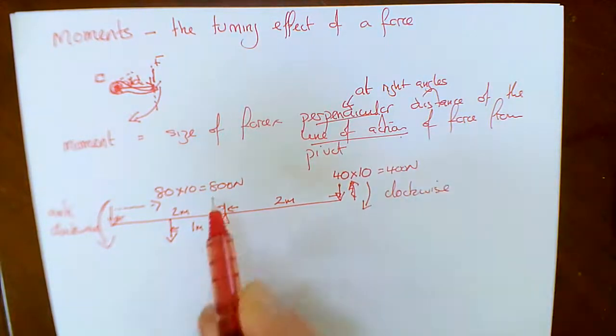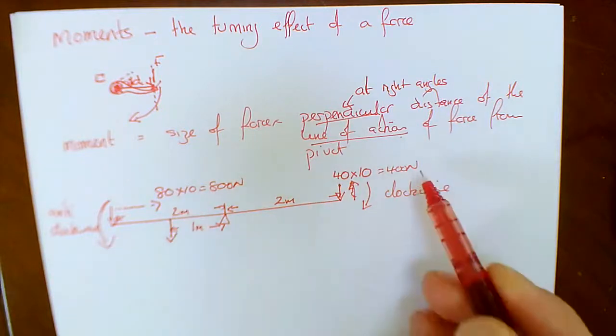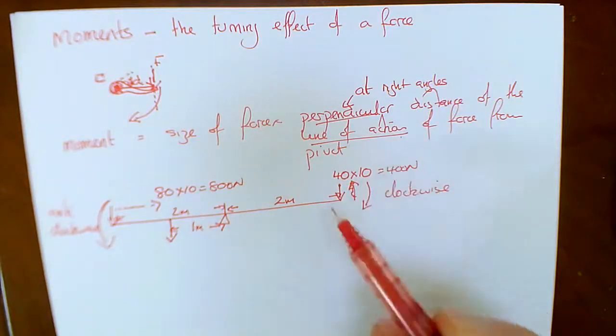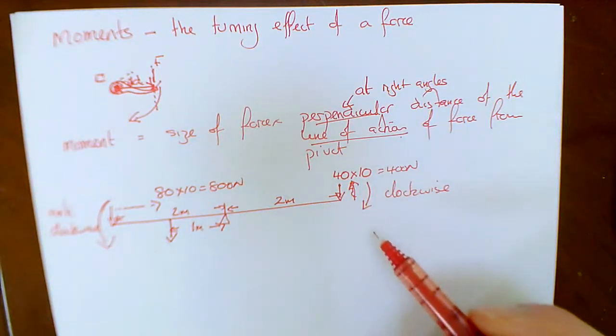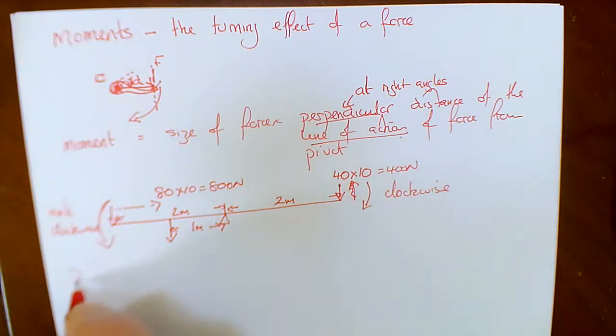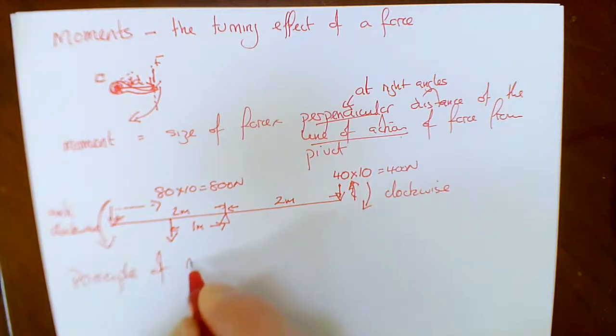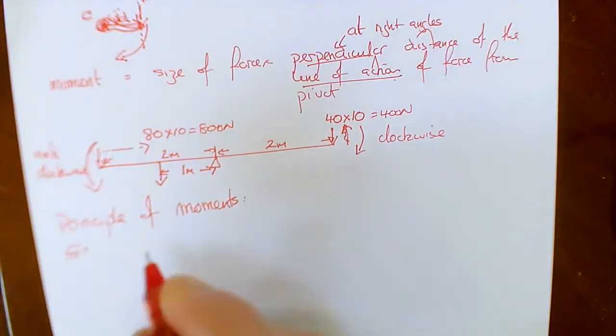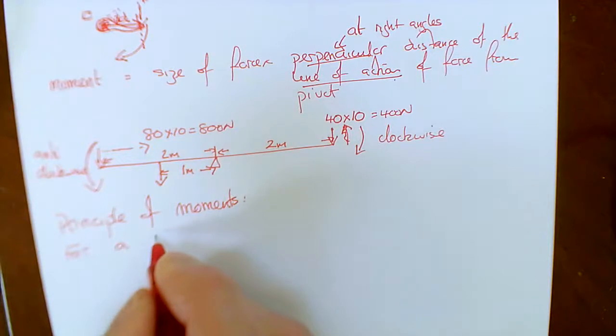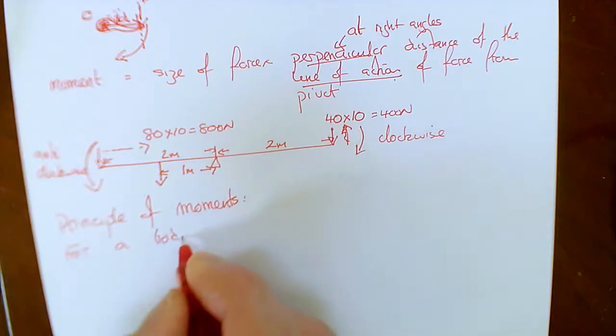And if the moment of this and the moment of this are the same, then it's not going to turn. So we have a principle of moments which says for a body, an object,